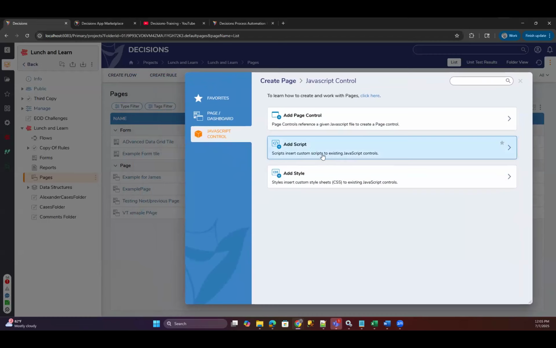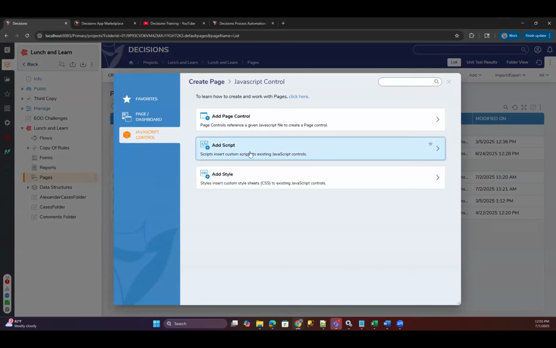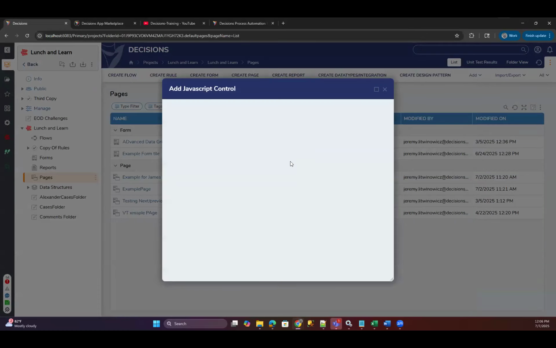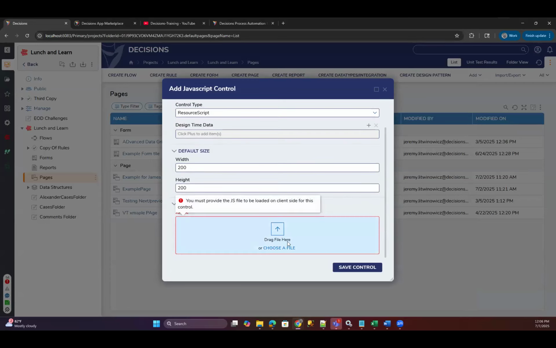But you can easily add a custom script when you go to add a page in Decisions. If you go to create page, there is a JavaScript control section. So you can actually add it directly from here. This simply provides the name and everything, and then you can input the file directly with whatever your JavaScript control file is.